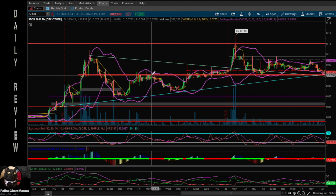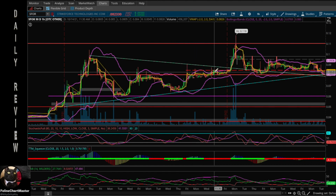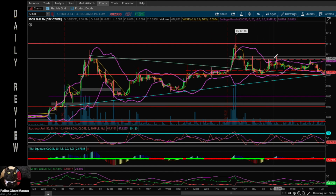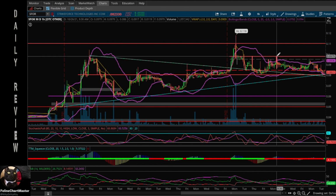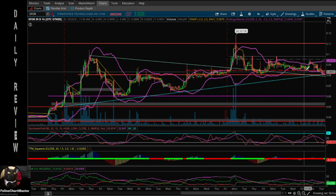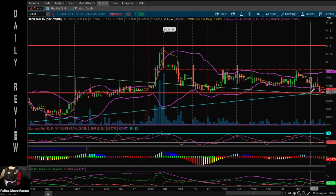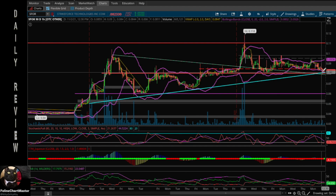It was resistance over here at around 8 cents. Then we were churning all along this line, popped up above it. It was support over here, popped up, rejected, came back down, 8 cents support again. And now we've been going between basically this almost 10 cents level, 0.098 you could say, and the 0.08 level, churning around in there. So do you want to buy right here? You could. I mean, again, not the most terrible idea to buy at this support because it has been proving to be strong support. But really you want to see how price is going to react off of this area,